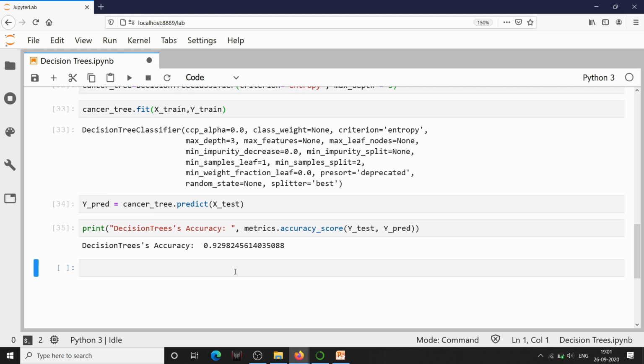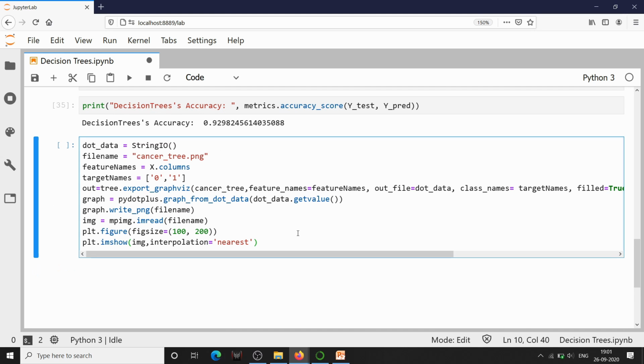So yes, let's go with plotting of decision tree. So here what I will do is I am initializing that StringIO object which we have imported before and assigning to dot_data. Then I am writing it into a file which is cancer_tree as image file.